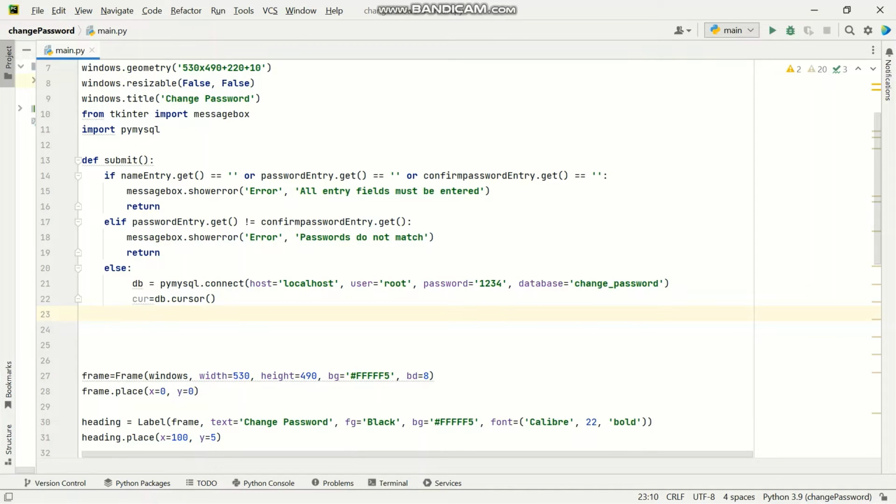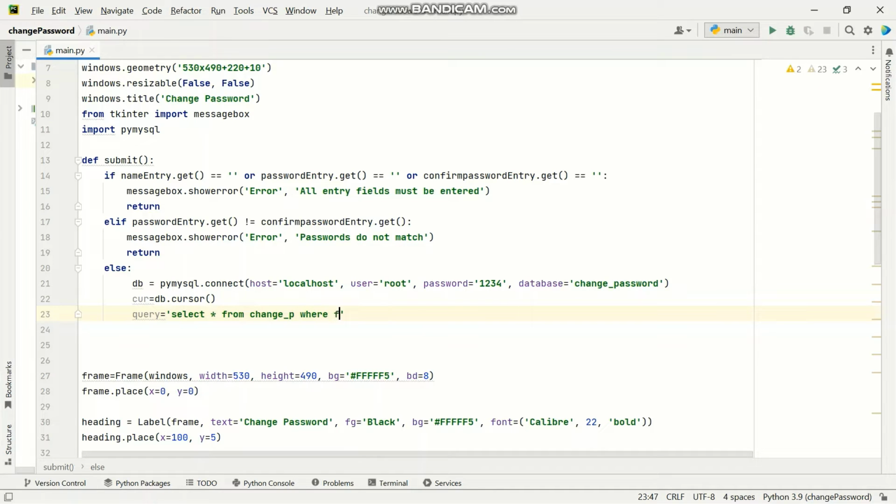The next stage is to query the database to select everything from that table, where we are locating a particular entry field. So I'm simply going to say query, select all, like I said, the star means all, from the name of the table, which is change p,